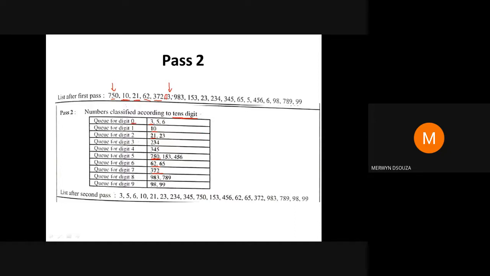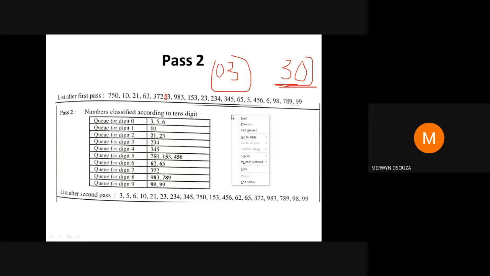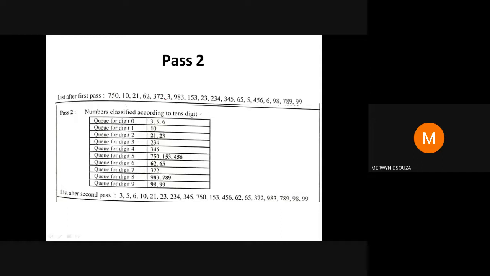Remember, even if you put a leading zero, it makes no difference. If you are given a number like this, you can always put a zero here. If you put a zero after it, it changes the meaning of the number, but if you put a zero before it, it does not change the meaning of the number. You all know that. So you find out the tens place of the numbers like that. Remember, this is very important.